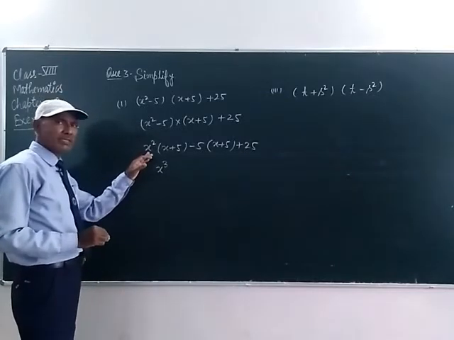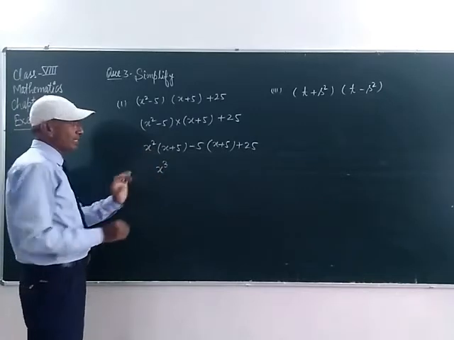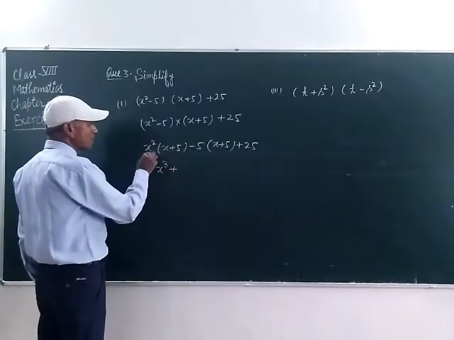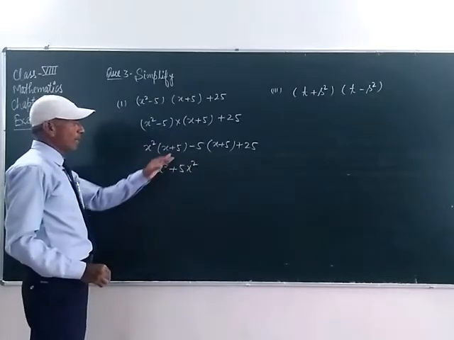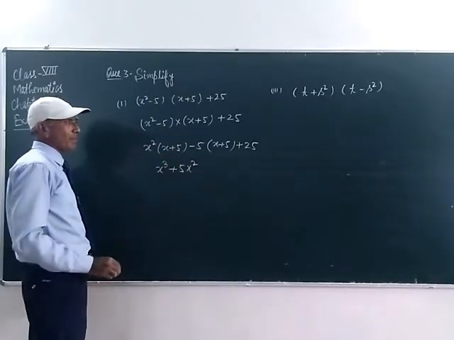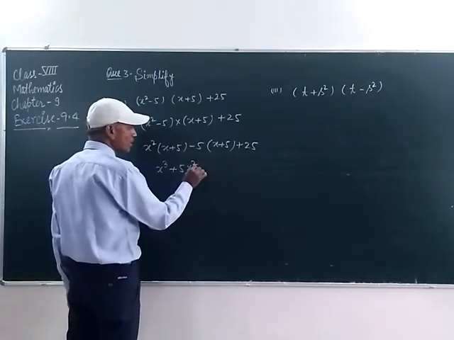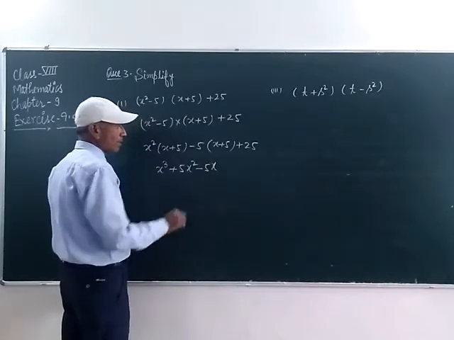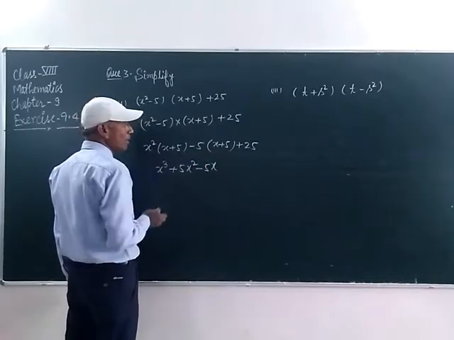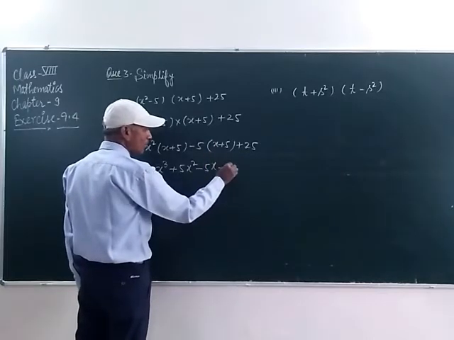When we multiply this x square with the x, it will be x to the power 3 plus this one 5x square. 5 into x square, it will be 5x square, and in this, student, minus 5 into x, so it will be minus 5x, and minus 5 into plus 5, so it will be minus 5 fives are